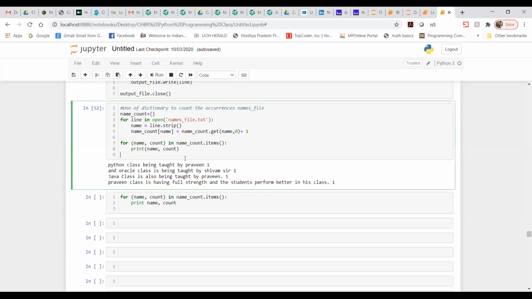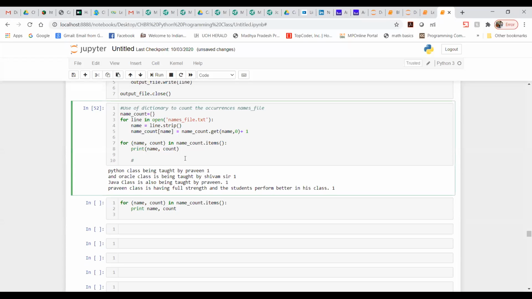So this is just for you all, one of the homework assignments which you need to complete by tomorrow. Okay, so actually I want my output to be like this. Praveen, here the count has to be 3.